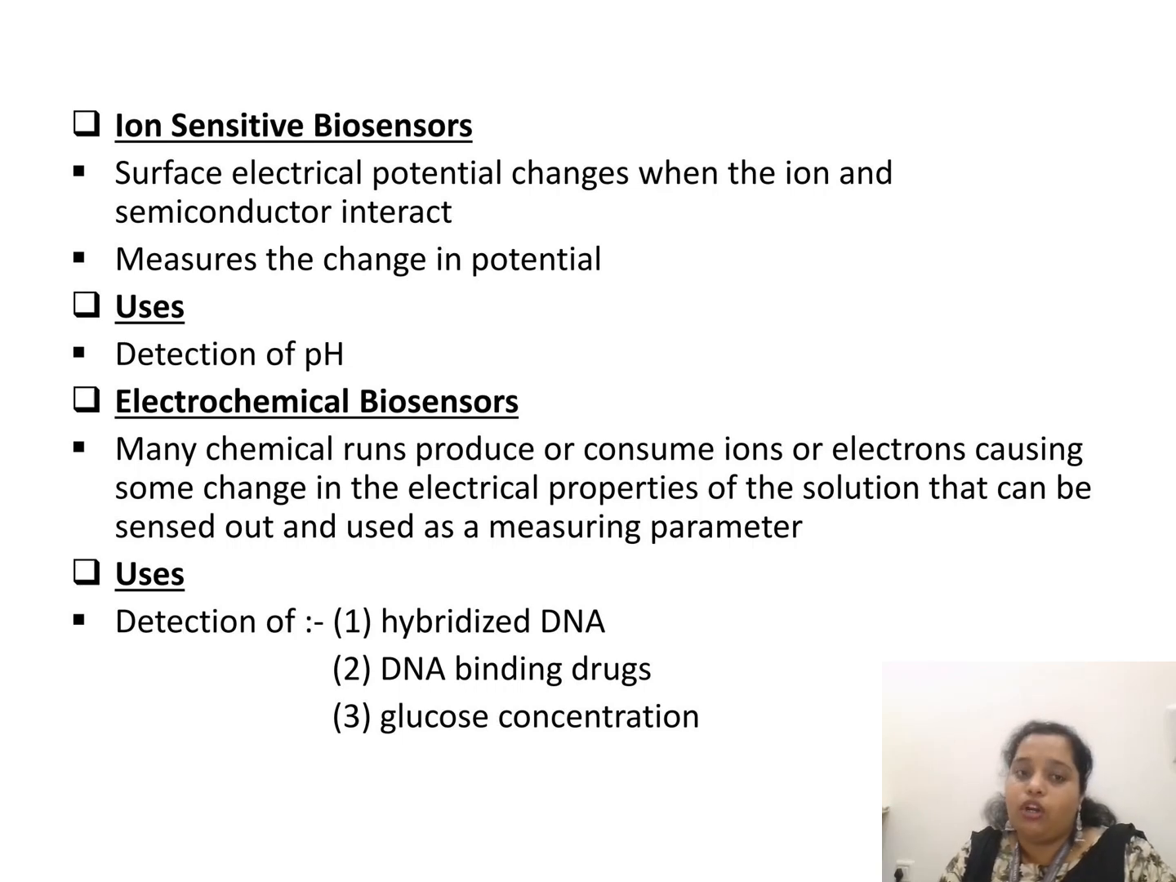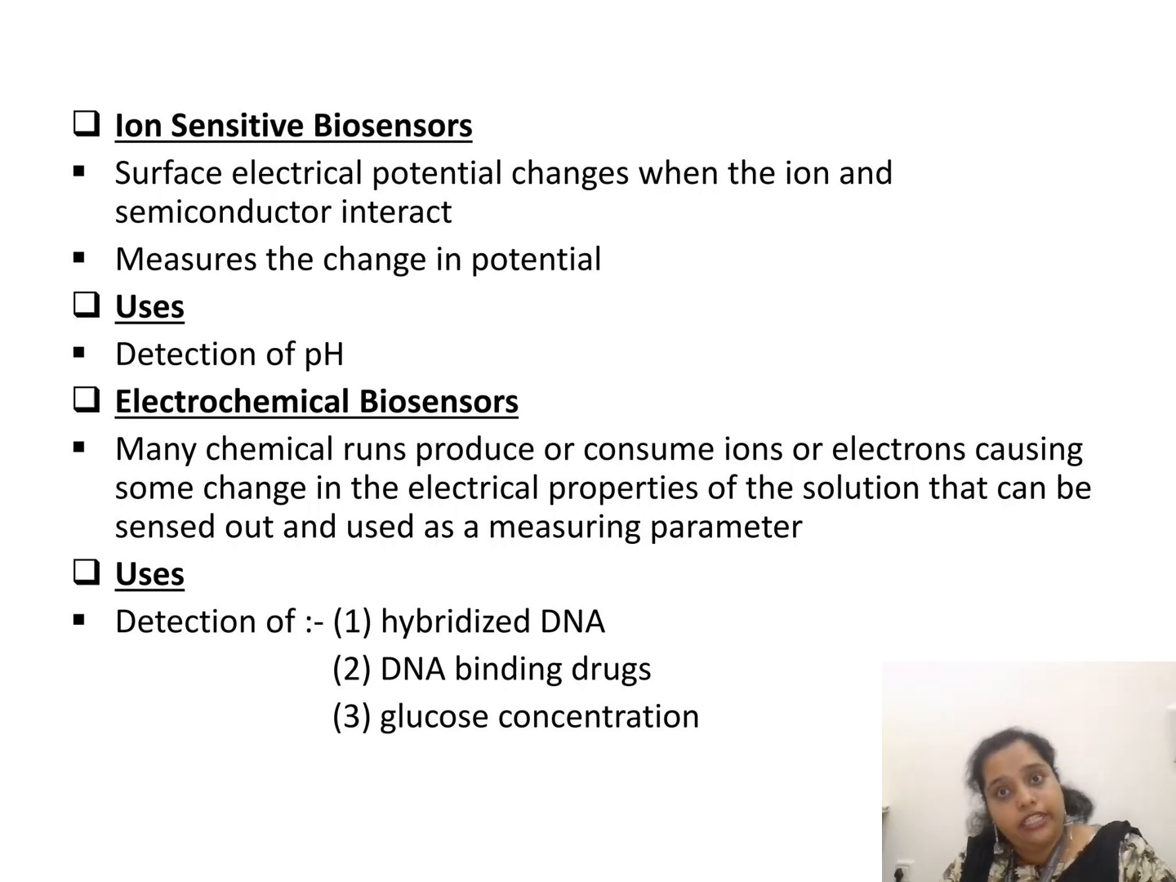Electrochemical biosensor, if we talk of, so chemical reactions produce or consume ions sometimes, which will lead to production of electricity by movement of electrons. So these electrical properties of the solution can be measured using electrochemical biosensor, which again, as I told, can be conductometric, amperometric, or potentiometric. Now, this type of detection can be used for hybridized DNA, DNA binding drugs, or sometimes